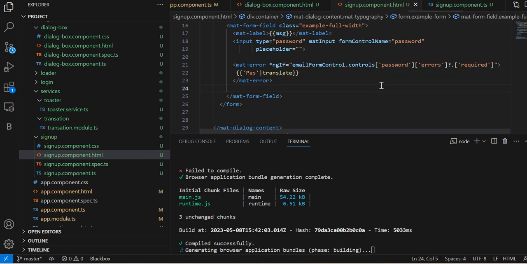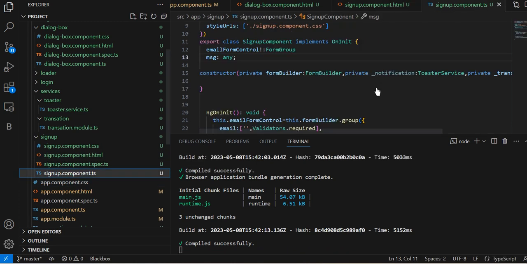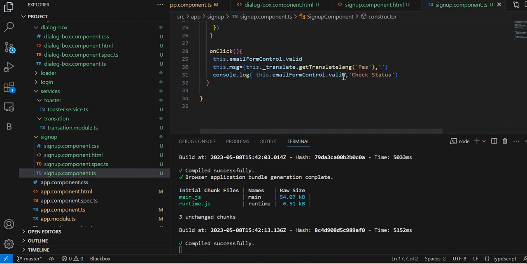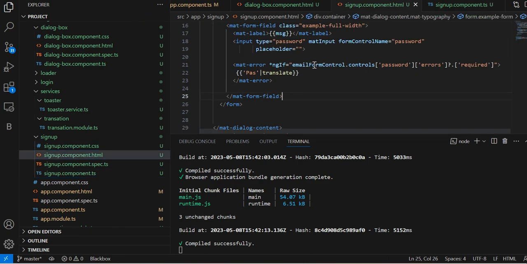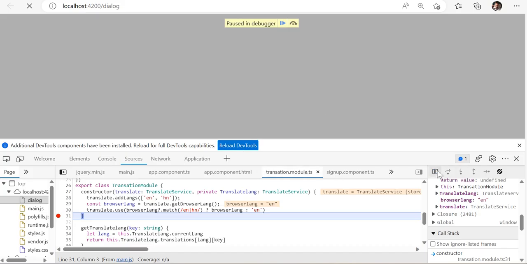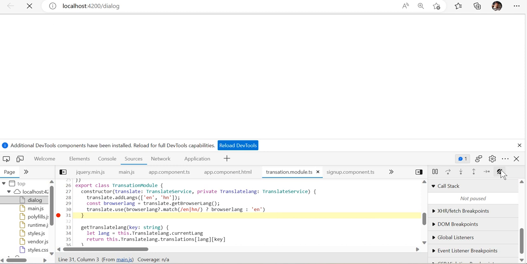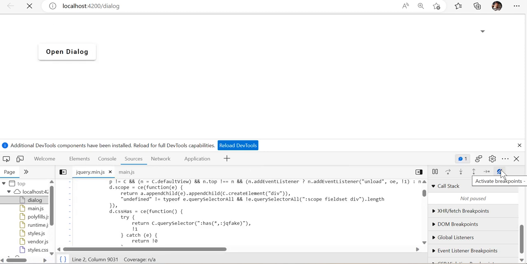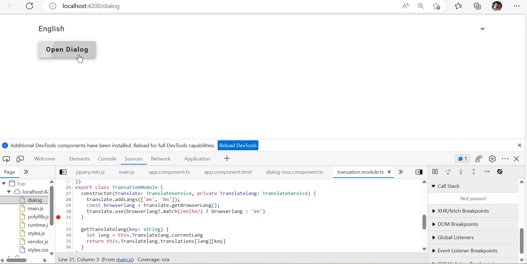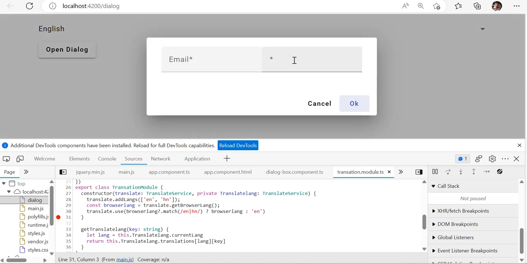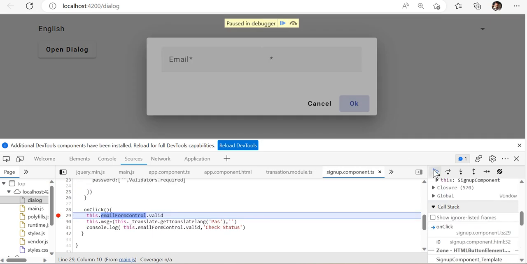No need to write translated over here. Whatever is there, once you click over there, it will automatically go and translate these things and it will change your content, whatever it is, as a password. It will show some error at first because by default it will be undefined until we click over here. So now you can see this is empty, correct? So once you click over here,